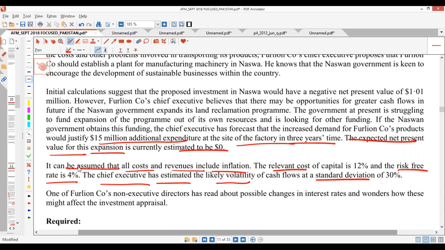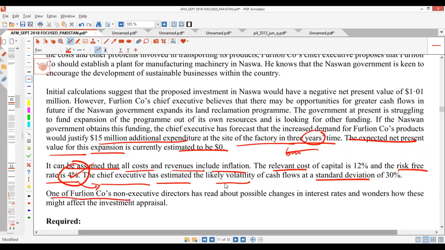Careful, huh? This risk-free must be in per annum. It has to be in per annum. Your time must be in years. If they say 6 months, then you must put 0.5 years. Is that okay? It must be in years. Your rate must be in per annum, not per month or per 6 months or whatever, okay?